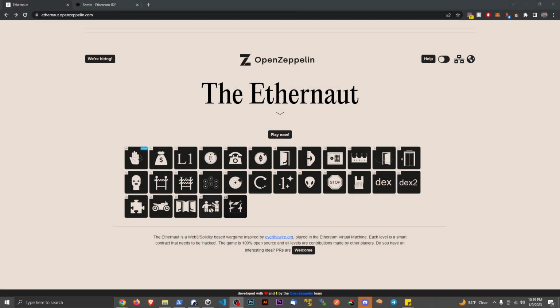What's up, guys? I want to do another Ethernaut challenge, and we're going to do number 4, which is Telephone. This is the final one for level 1 here. They might add some in the future, but right now we've done every one for level 1. All these other ones are level 2, 3, or even 4. So without further ado, we're going to click on Telephone.